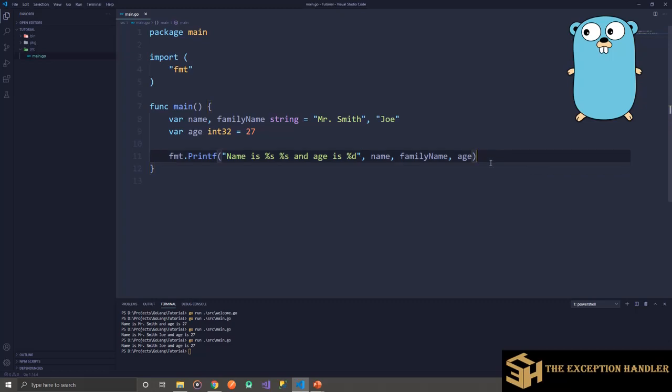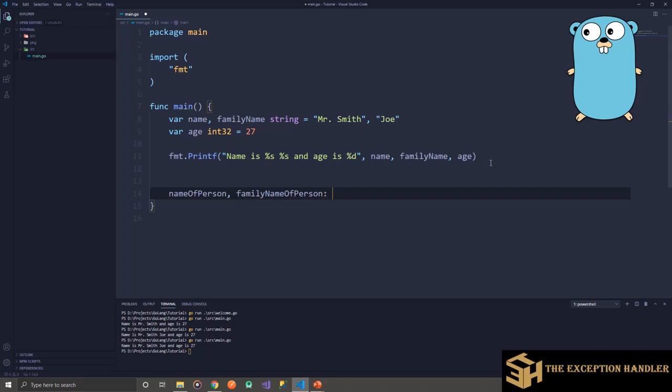In the same program that we wrote earlier, I am writing a variable with the variable name as name of person, and again a variable name as family name of person.